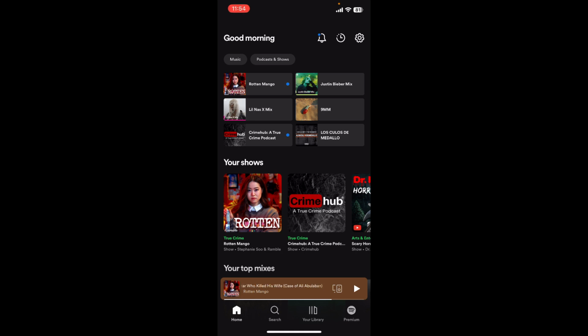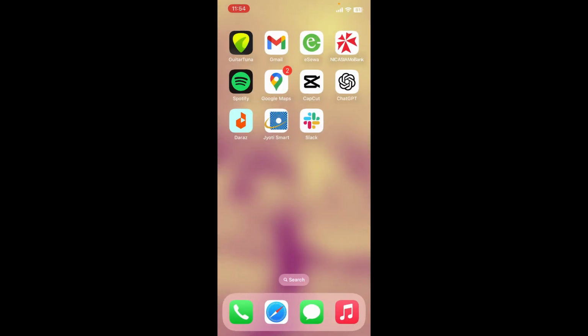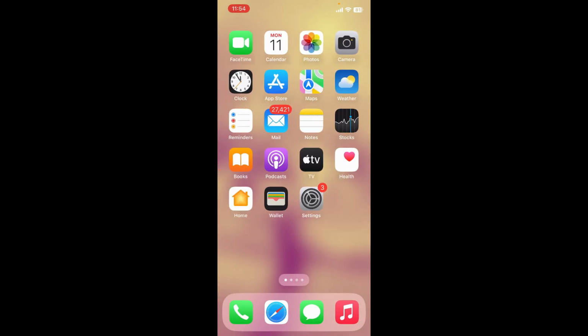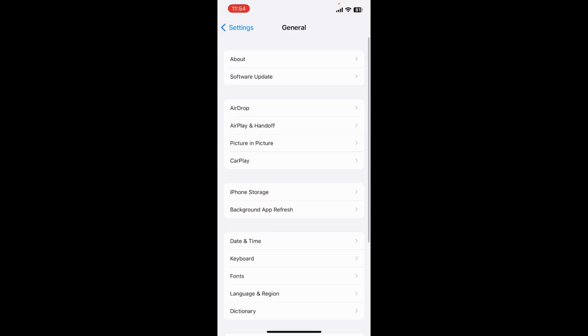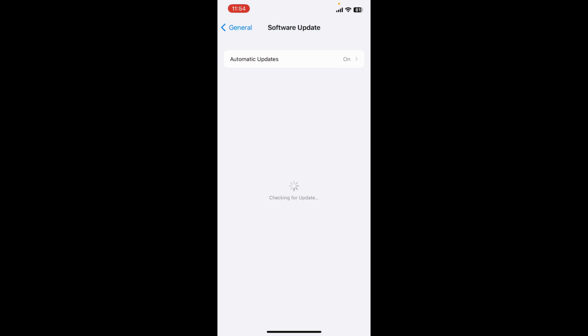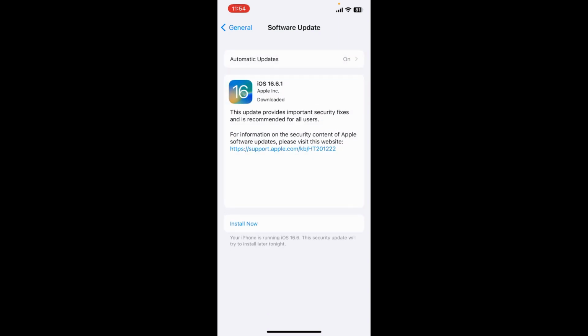Also ensure that your iPhone is running the latest version of iOS. To check that, go and tap open Settings app from your iPhone. Now scroll down and tap on General. Tap on the software update button at the top of the page and check for available updates for your operating